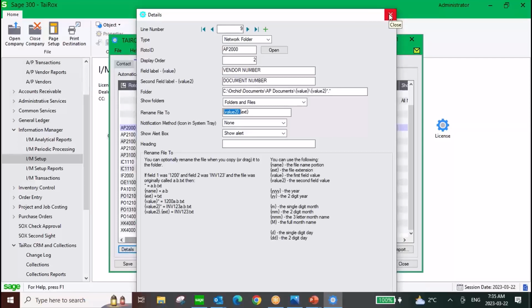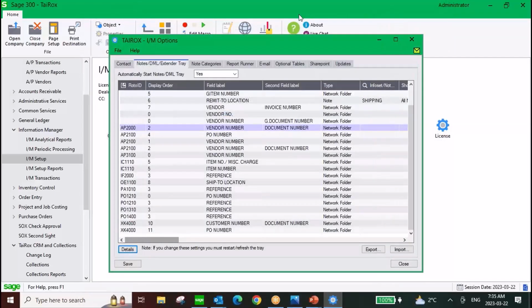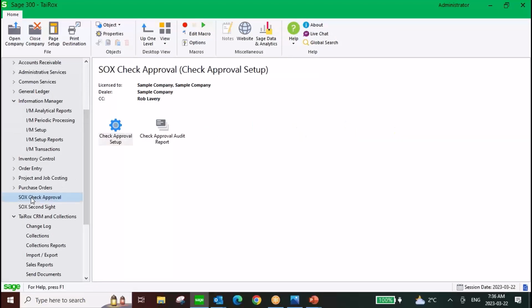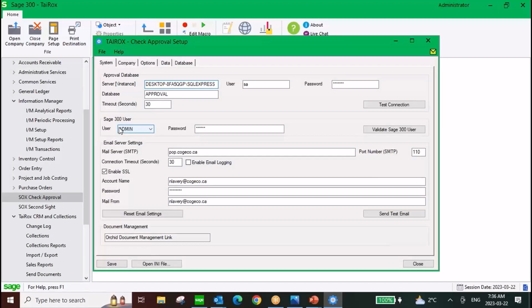So that's the overview of Document Management Link. Now we're going to move over and have a look at how Document Management Link works with the TaiRox Check Approval product. So TaiRox Check Approval is going to install just like any module within Sage 300, and we'll have a look at the setup. Again, it's a simple product for you to install and get running against your Sage 300 accounts